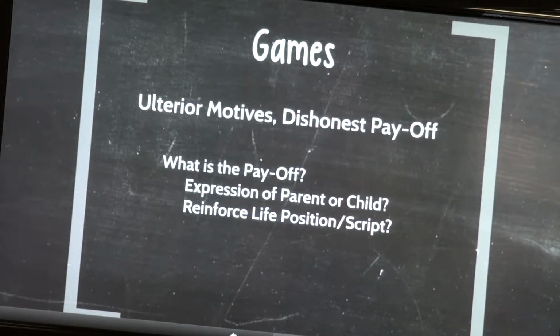People get more likely to get hurt feelings, more likely to feel caught off guard or have some kind of surprise that they don't like. So then we have to question again, what do people get from these games? And this is where it might shade into psychopathology, is that for the one part, we get to express our parent or our child. So he would say that we all need to express the parental and child aspects of